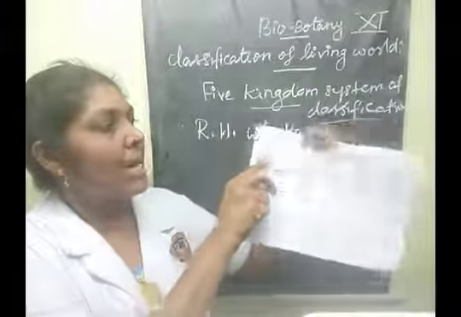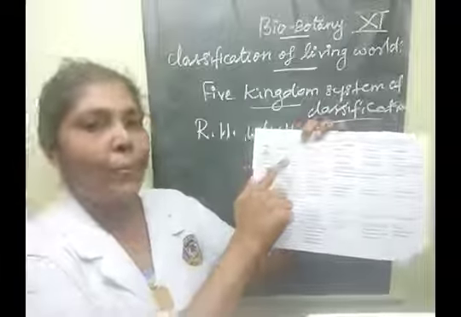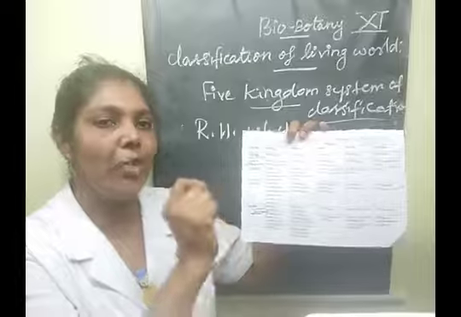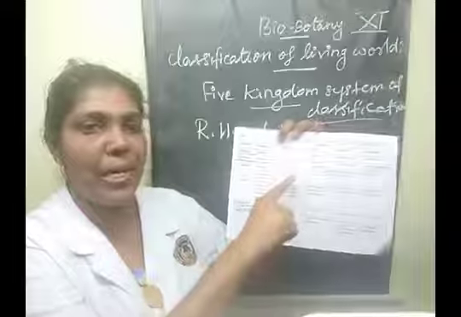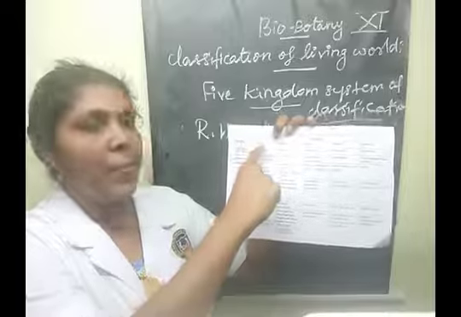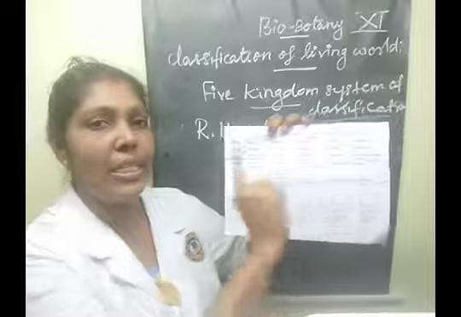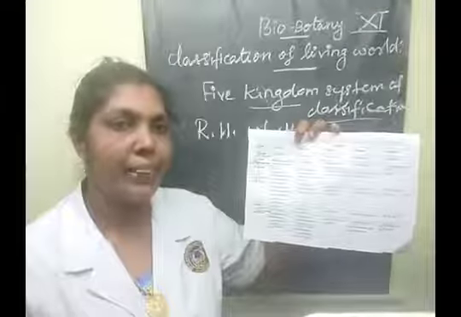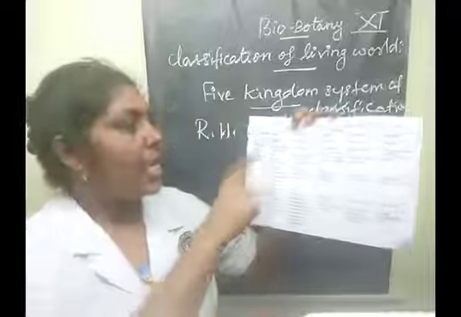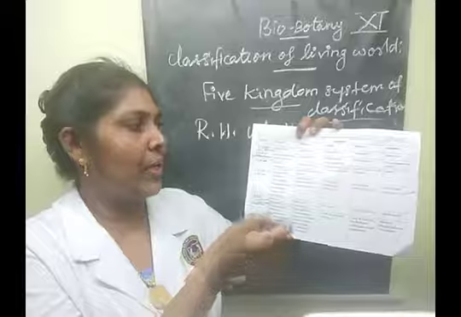Yes. So here, first you are going to write cell structure. Cell structure mostly comes under 2 types. One is prokaryotic type and another one is eukaryotic type. The first kingdom, Monera, comes under the prokaryotic type. All the remaining kingdoms are eukaryotic cell type organisms. Clear, children? Yes.